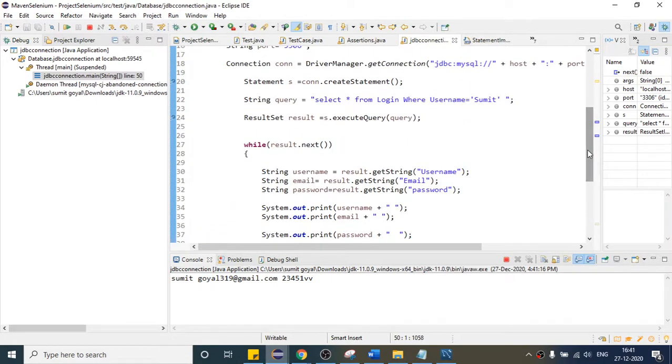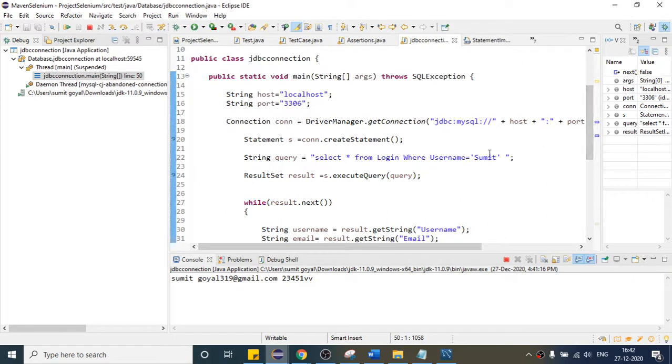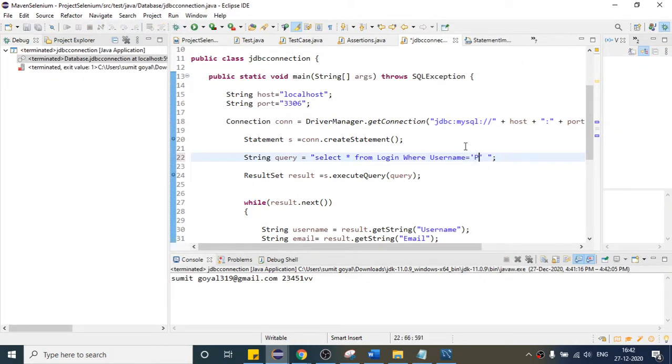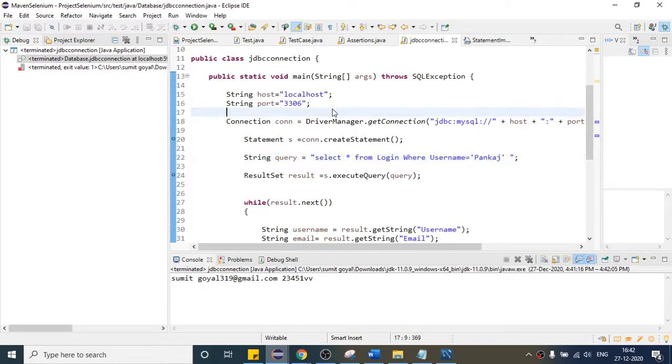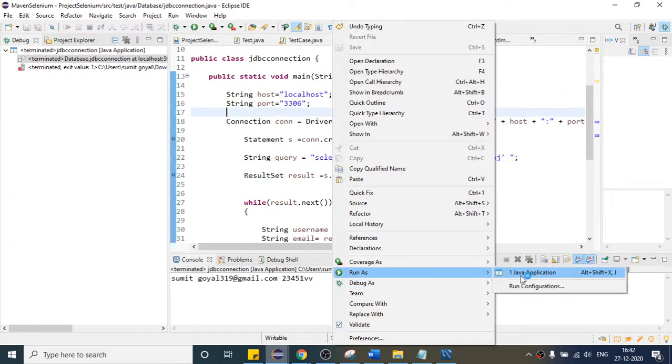So instead of updating this here every time, like if I want to get the name of Pankaj, where username is Pankaj, every time instead of writing the name here, we will send the name from this test case, right? So automatically this will update here. If I run this time, only Pankaj data will come.